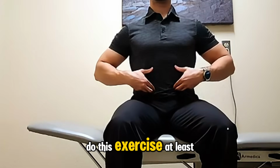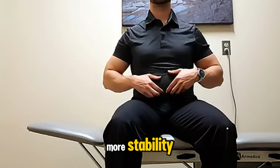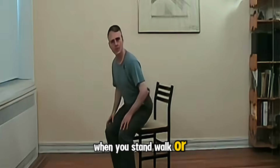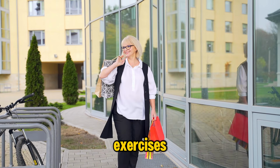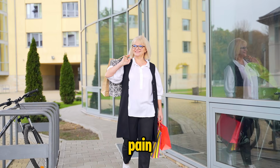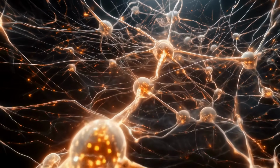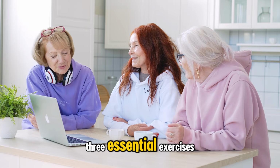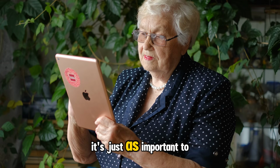Do this exercise at least twice a day, morning and evening, and you'll start to notice more stability when you stand, walk, or get up from a chair. Combine it with the previous exercises, and you're not just relieving pain, you're creating long-term protection for your spine and nerves. Now that you've learned the 3 essential exercises to reduce sciatic nerve pressure, it's just as important to know